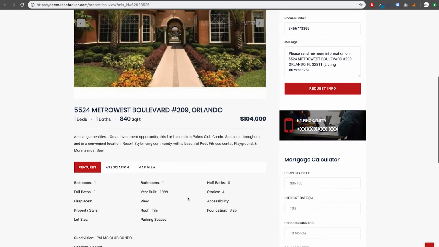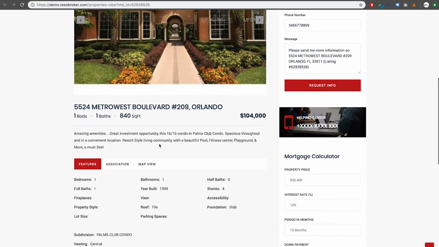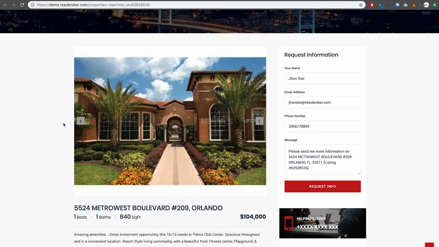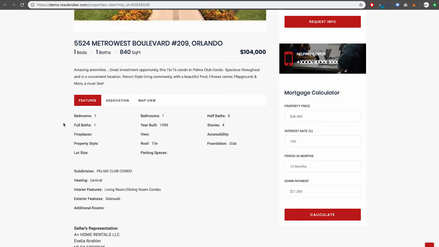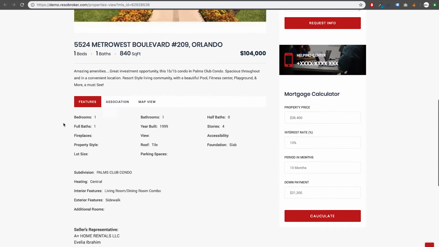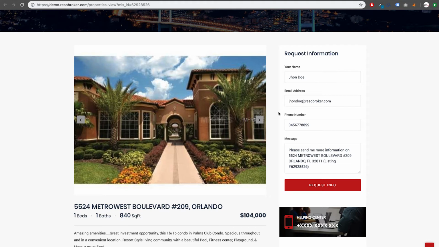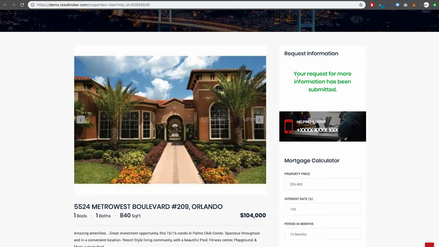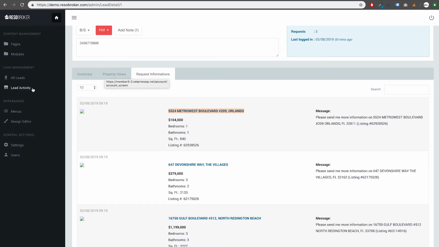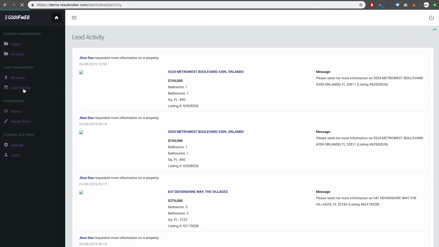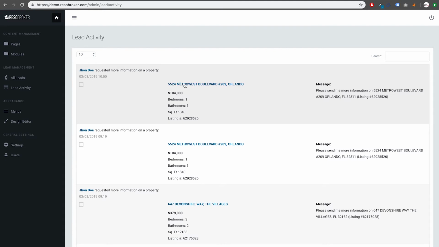Let me show you one example of how a lead drops in your inbox. Right now we are on the website and we are looking at this property. By the way, guys, one of the most important features we have for this website is lead capture. If the person is not signed up on this website, they will not be able to view any of the property details until they enter their phone number, email, and name. As soon as they enter all the information, that lead will be captured